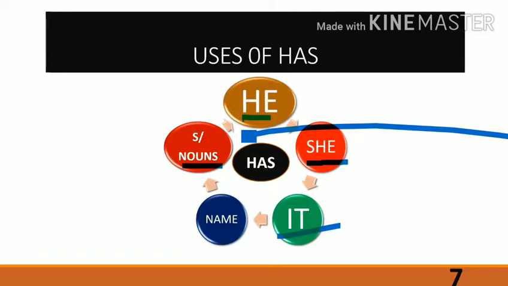So I have already cleared this concept, what a singular noun is. Anything which is single as a noun, you can say it is a singular noun. For example, a dog, a cat, a plant, a bat, whatever the things. You need to keep one thing in mind, that whenever there is a singular noun, you make the use of has. So we can use has only with these things. What are they? They are he. When we talk about she, here we also make the use of has. With it we can also make the use of has. When we talk about a name, here we also make the use of has, and with the singular noun we also make it.